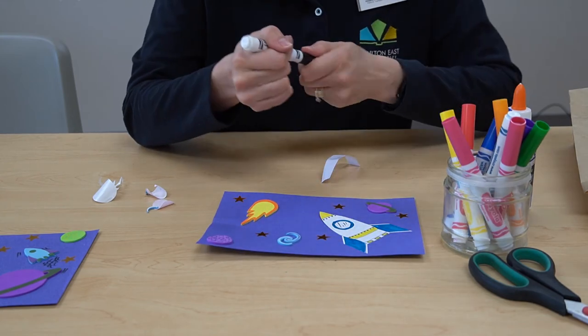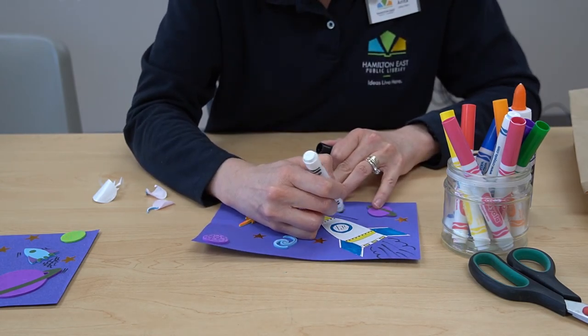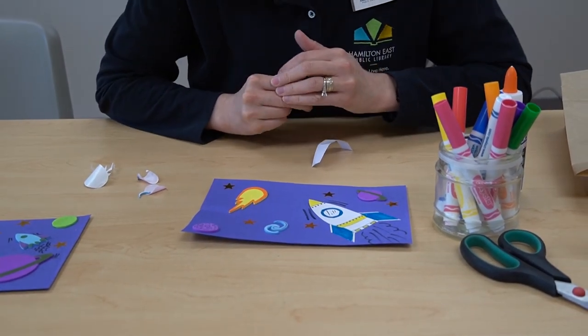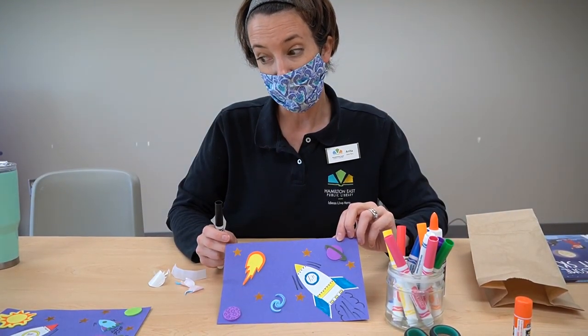I'm even going to use some markers to make some billowy smoke coming out the back of my rocket. There it goes. Some little lines here to make it look like it's really flying through space. There we go. You can use your marker to add more details if you want, but that's